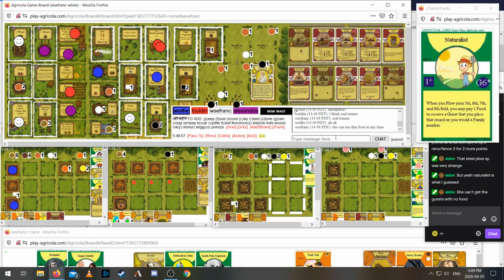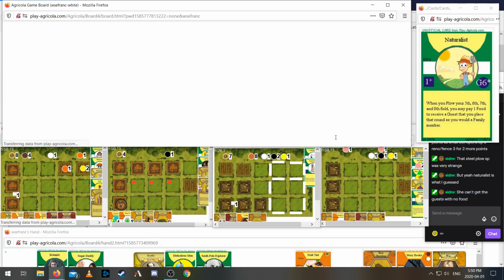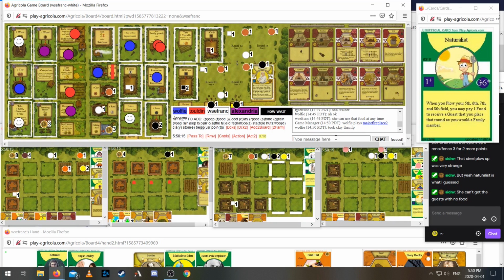This is kind of fun. Thing is, the guests are 1 round only, and they don't actually give you points themselves. They only get you actions, which are points more indirectly. So yeah, Touldin or Wolfie, we expected to